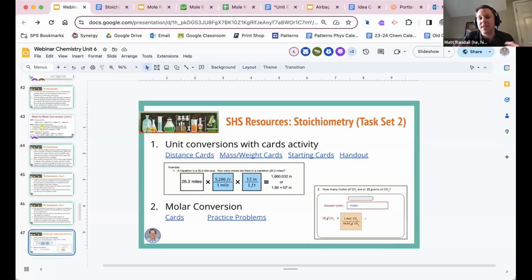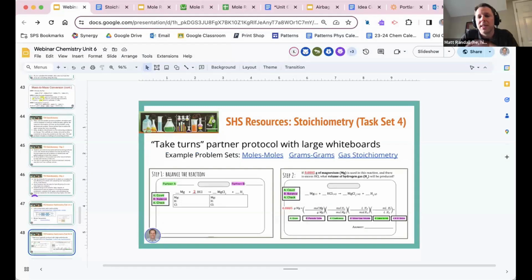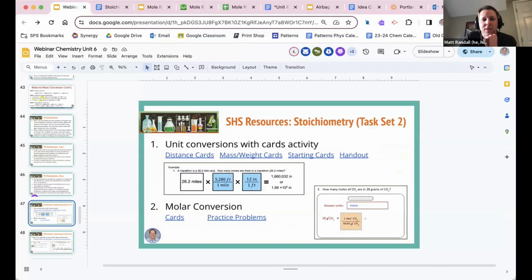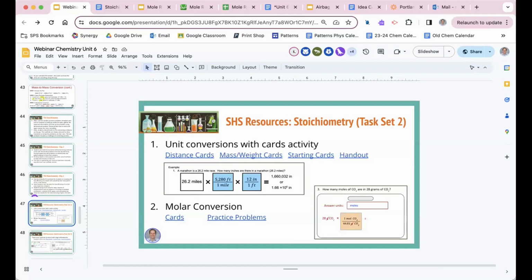Okay, I wanted to add a couple of things that are linked in the slides, and there are just some strategies for how to teach this. This also came up; some of you asked these questions at the very beginning. This first connects to task set 2, and then a potential strategy for task set 4, stoichiometry. So when students are first learning how to do unit conversions, we at Springfield High School